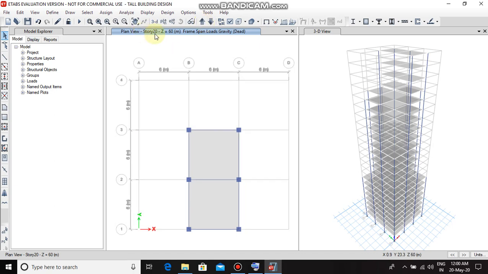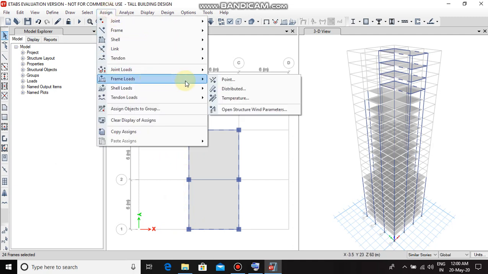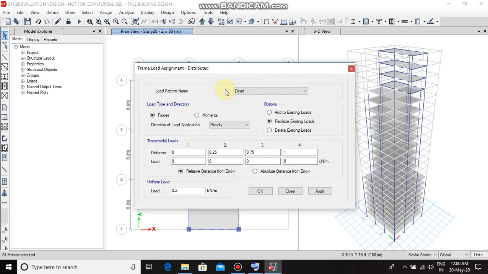We have come to story 20. Keeping it as the similar stories, assign, frame load, distributed, load of about 0.2 kilonewton per meter, then apply, then OK.